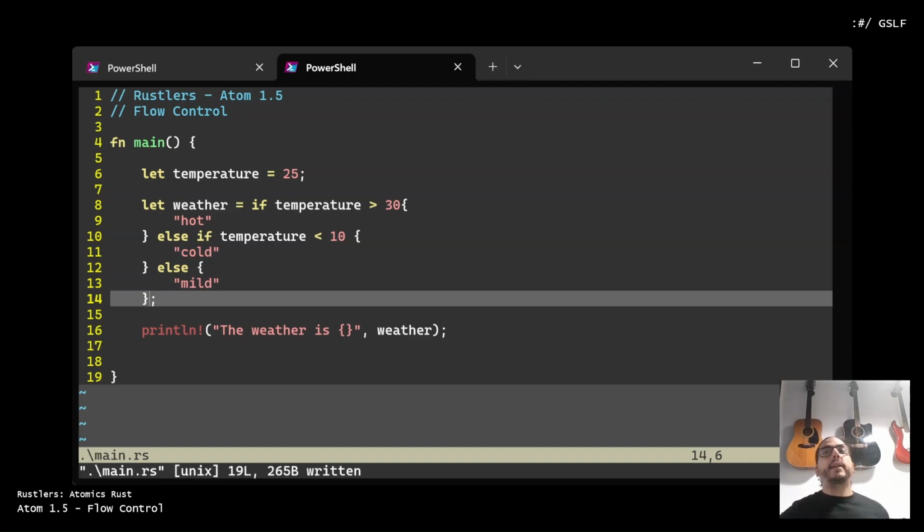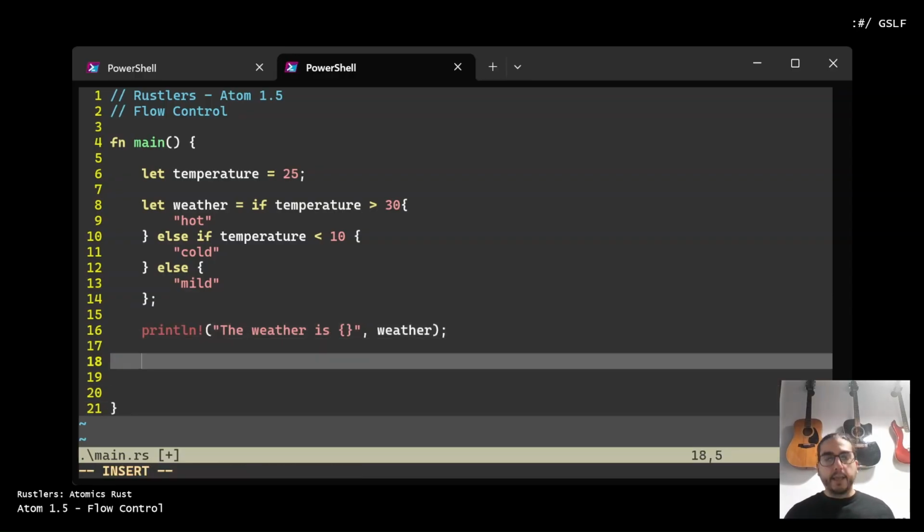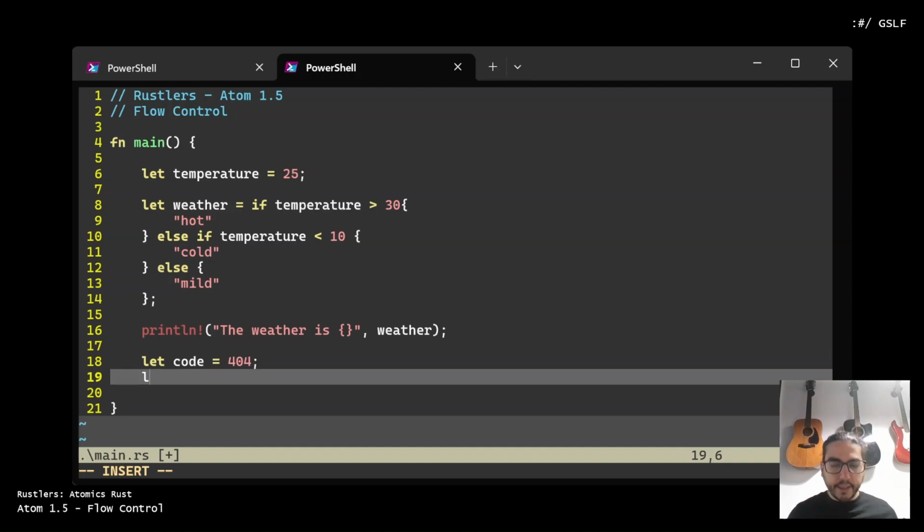The compiler ensures that every possible input is handled. Let's try with an example. I can declare another variable called code equal 404 to match some kind of HTTP error code. And now we can declare a